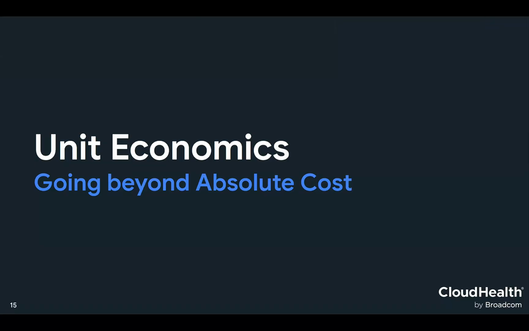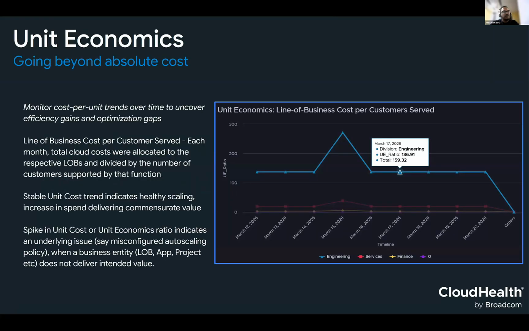Cool. Thank you. So I want to quickly touch upon unit economics. I would not take much time because this is where optimization also touches upon something which is beyond absolute cost, right? So we have cost history, smart summary. All these tools are great at providing you deeper visibility into how your cost is changing. Why from June to July? Why did you see an increase? And so on. But still, we are working with absolute cost. We do not know if there is a cost increase, whether it is justified or not.